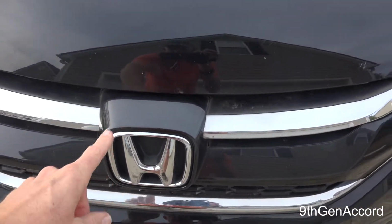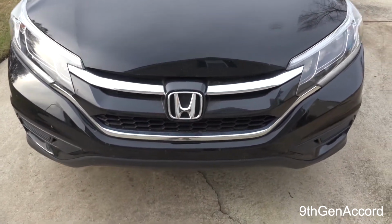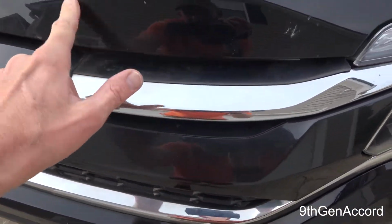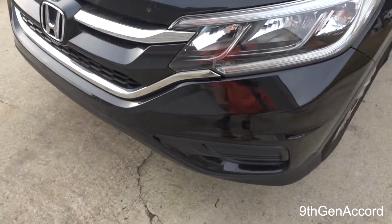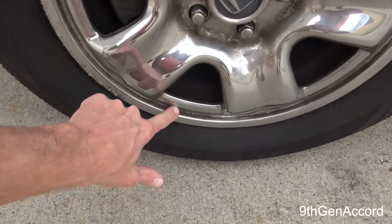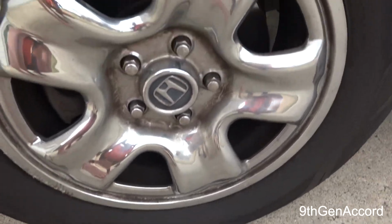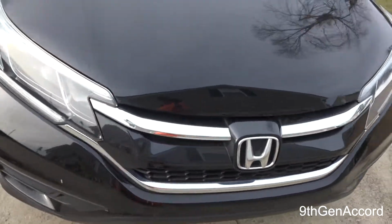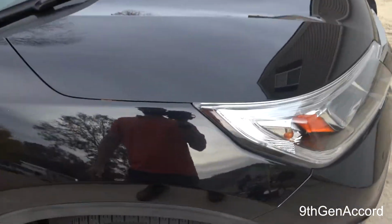All right, so we got a 2015 Honda CR-V, and we do have some dirt there. It's not too bad. Let's show the wheels. And on this side,